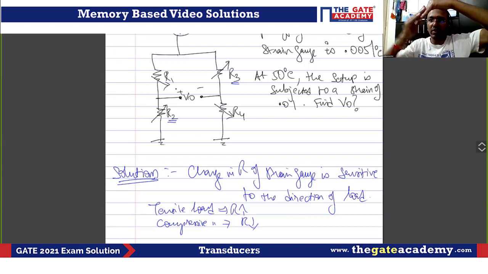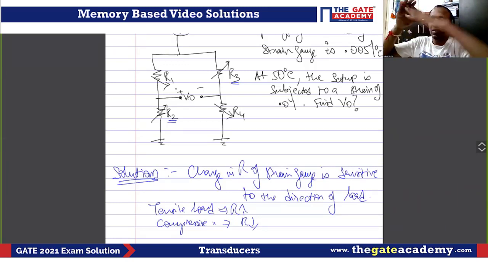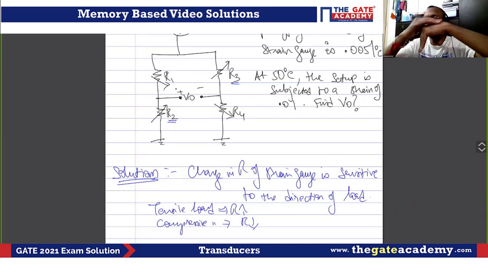So if I do like this, the top surface is undergoing a tensile stress, and the bottom surface is undergoing a compressive stress. Whereas when you do like this, clearly you can see the tensile stress here and a compressive stress here. You can see the wrinkles formed here. So this is compressive, whereas when I do like this, this is tensile and this is compressive. So depending upon where the strain gauge is mounted, it may see a tensile load or a compressive load.